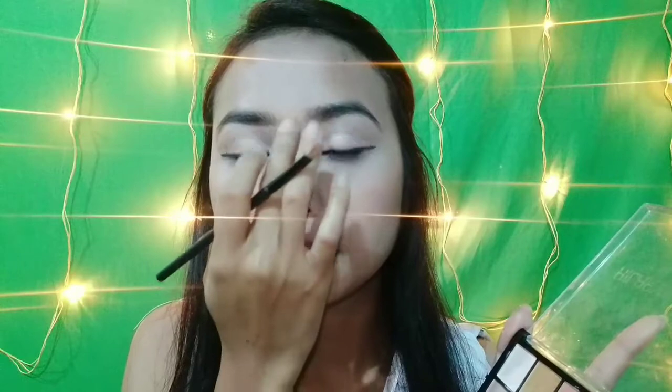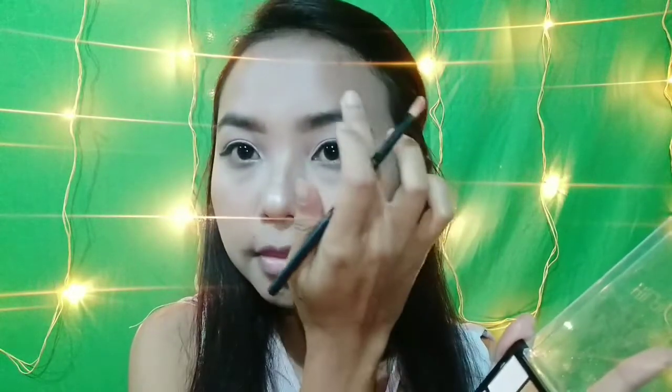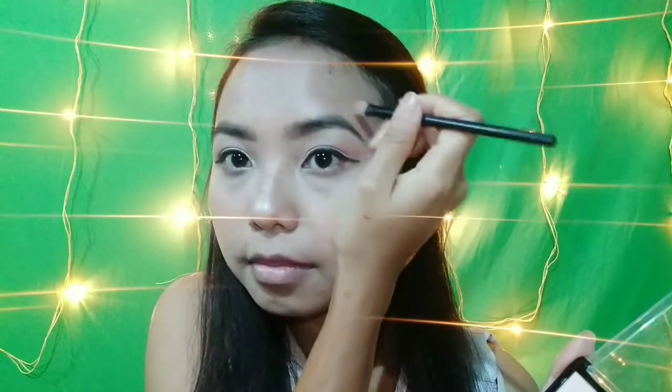Using this shade from the palette for highlighting my face, high points of my face, eyebrow bone, over my nose, cheekbones,